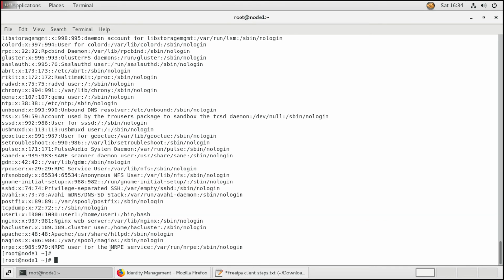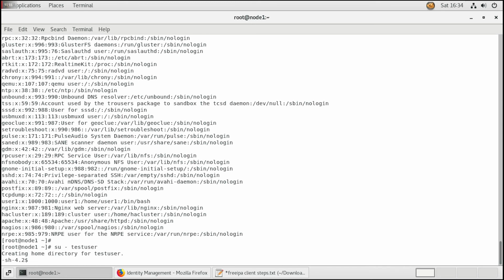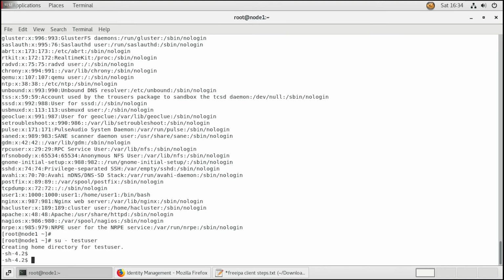I'm going to log in using the test user which is created in the FreeIPA server. So su - testuser. Now give enter. Now it has created the home directory for the test user.